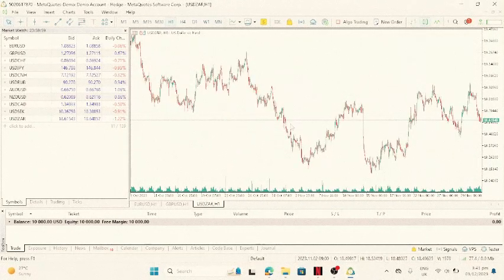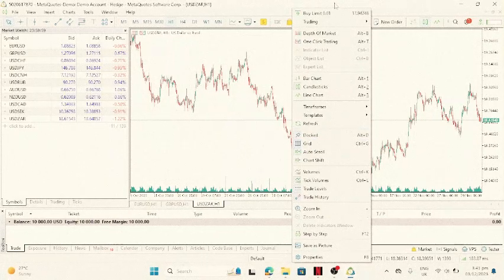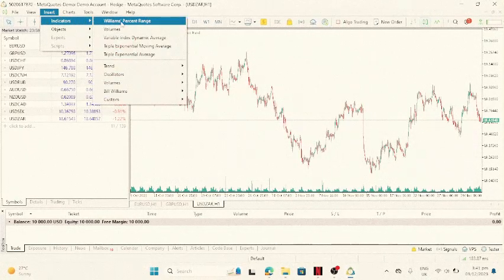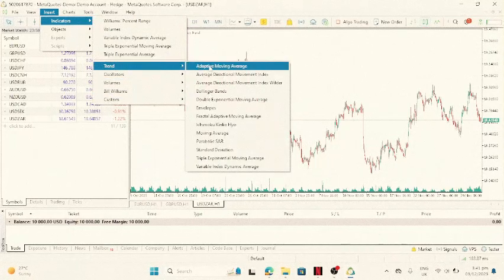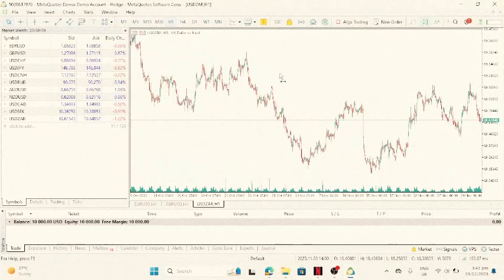As for indicators, I don't normally use indicators, but if you want indicators, we have them. Now you can find your indicators, maybe looking for your moving averages, or your triple exponential moving averages. I don't use moving averages, but what I would advise is that you should